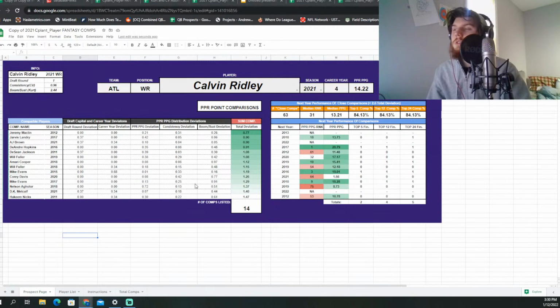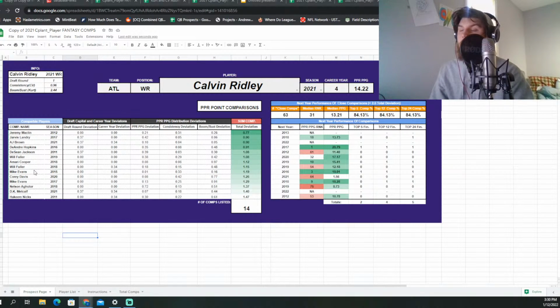So the fact that Ridley only played 5 games, you just kind of take this with a grain of salt. I should add a games played part to this, but it's not in it. Maybe in next year's version, or maybe sometime in August I'll update this with the games played. But I think you just know intuitively who played in 2021, how many games they played. But yeah, with that out of the way,